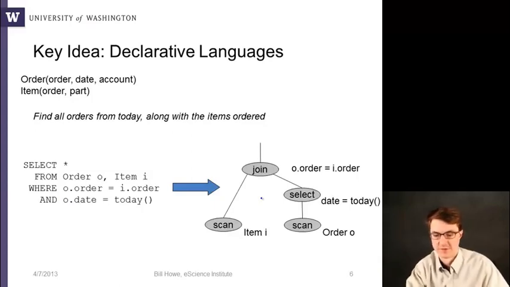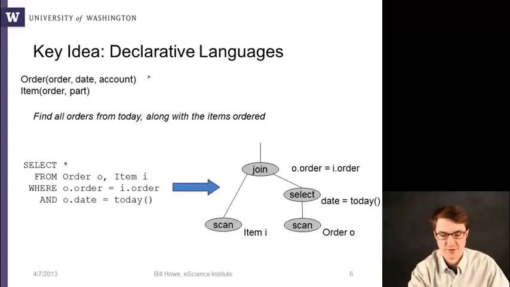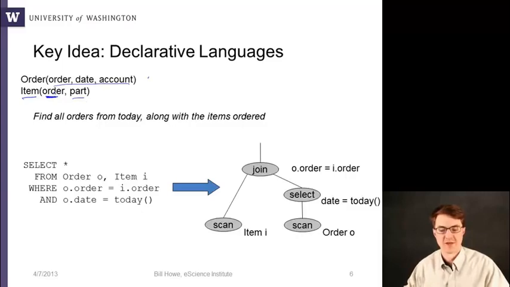And so here's a quick example. So imagine you have two tables. One is order with 3 columns, order, date, and account, and another table with item with 2 columns, order and part. And the semantics here is that this column indicates which order that item should be associated with. Okay. And so if you want to say find all orders from today along with the items ordered,